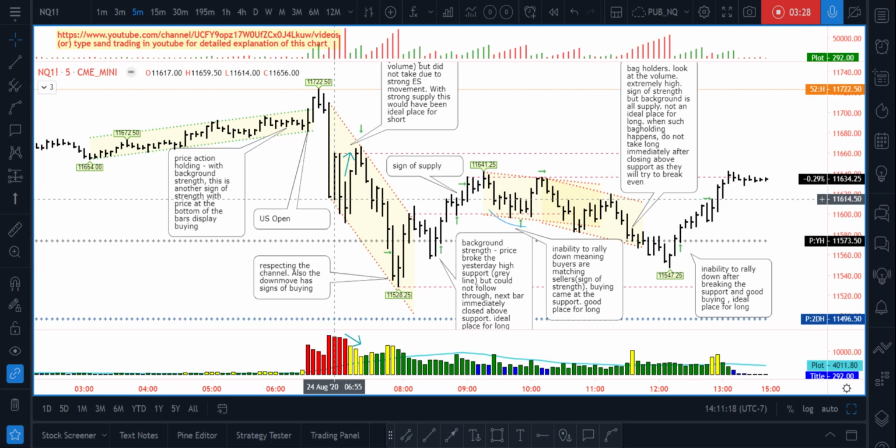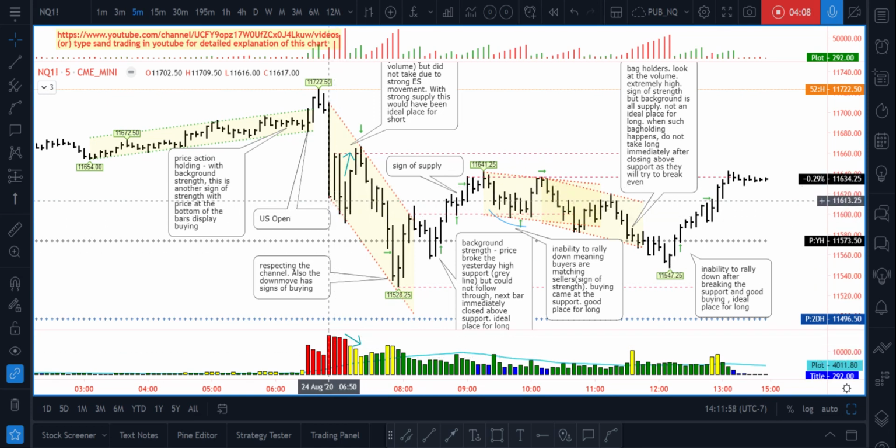Immediately demand tried to hold that one. It could hold it, and in fact it closed in the middle. The next bar also closed in the middle, supply pushing down again, but it is unable to break this one. So even though it went down again, it closed in this one, meaning that strength is coming a little bit here. Okay, and then the next bar, it goes down, and look at the volume of all these four bars. It's a significant volume. See this bar's volume? For the next three bars, that is meaning three times this volume of one bar, right?